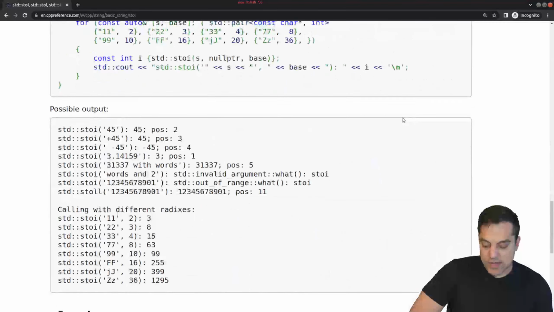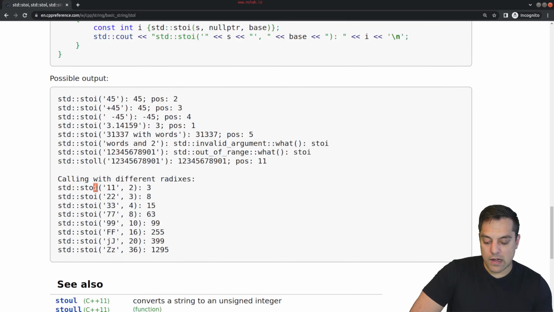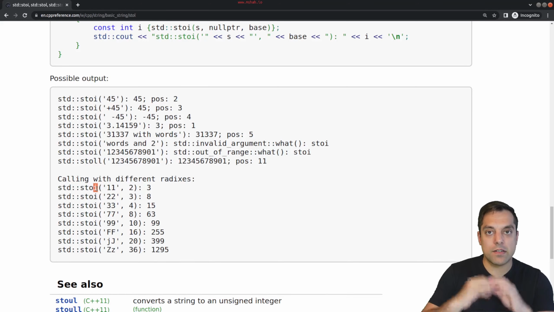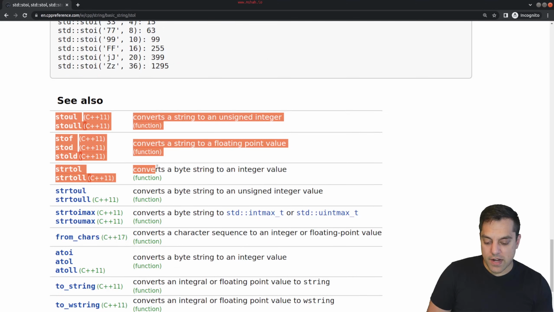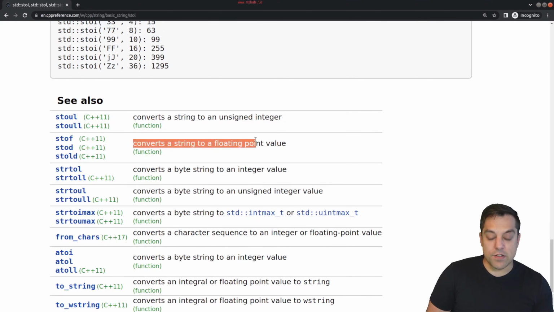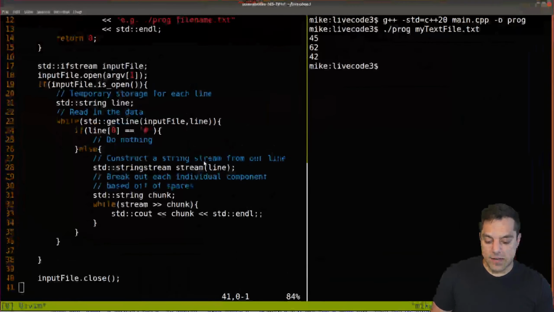down in our documentation. So getting a little bit used to our documentation. Basically, string to integer. That's how we interpret this. S-T-O-I, and then the type I here. STOL is a string to long, so maybe you have a longer type here. And then there's other functions here as shown, like converting strings to floating point data and so on. So here's just some of the things. So let's go ahead and just